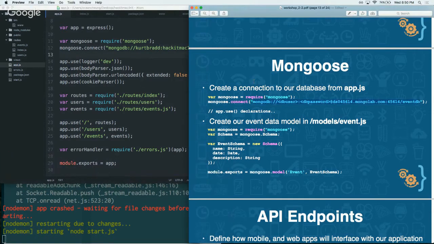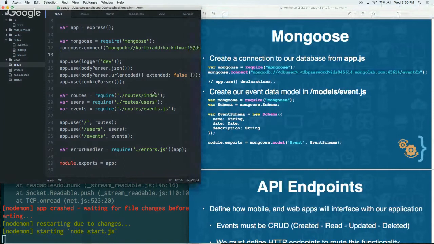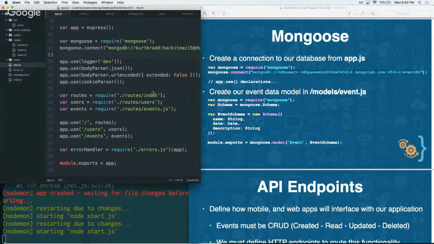So has everyone been able to create a connection to your Mongo database? You want to copy the one from your dashboard. So when you log into MongoLab,